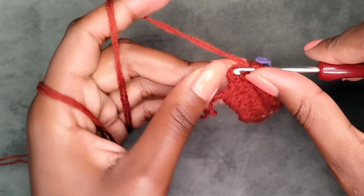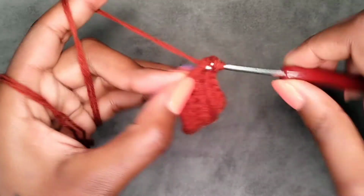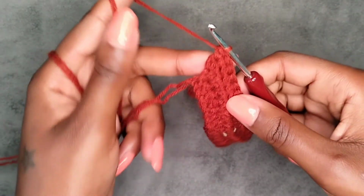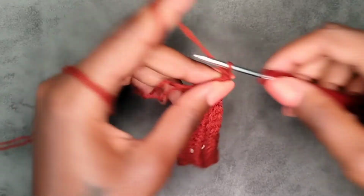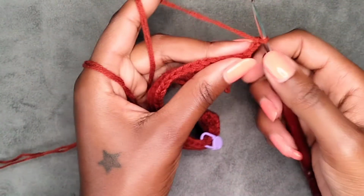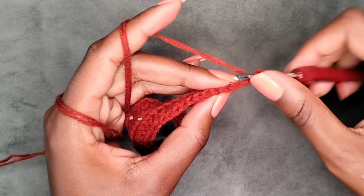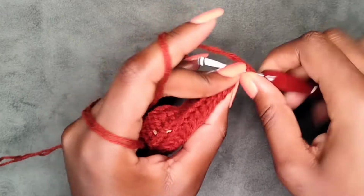The last one is the one we increased, so just make sure you get that one too, like that. And then you're going to chain 3, 2 and 3. And then you're going to turn your work around, skip the 2 and go into the third one, 1, 2 into the third one with a half double crochet,